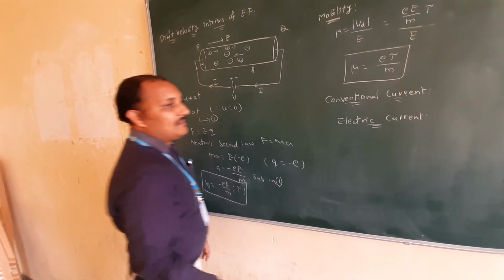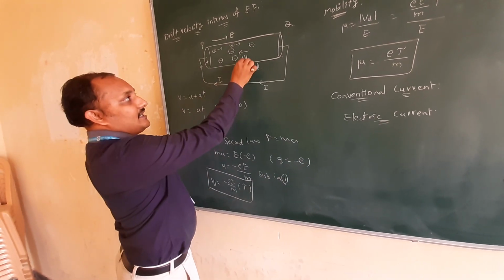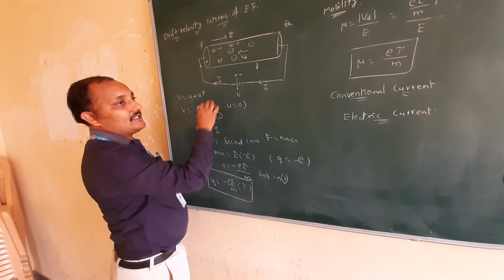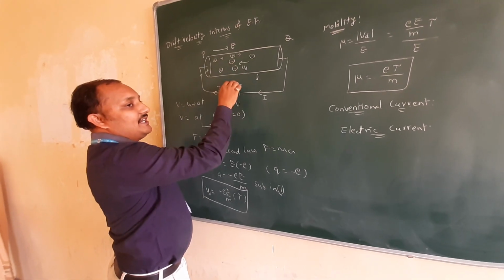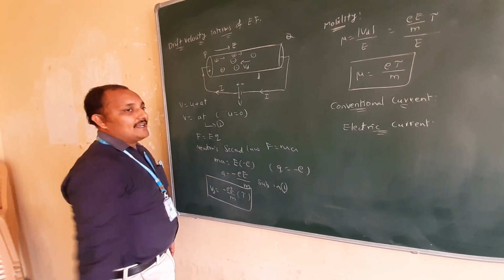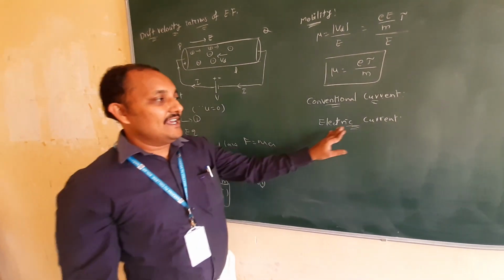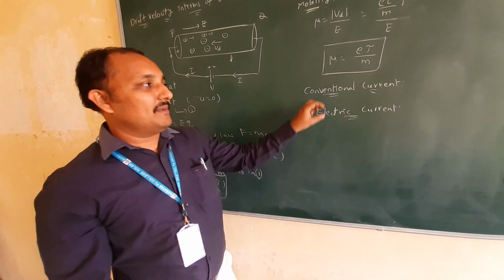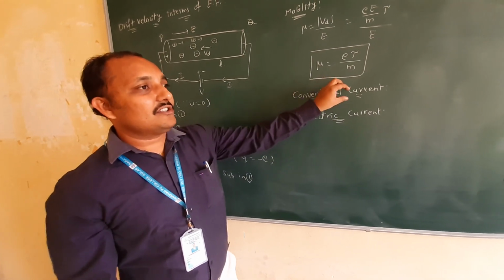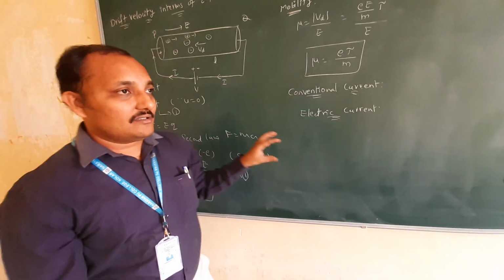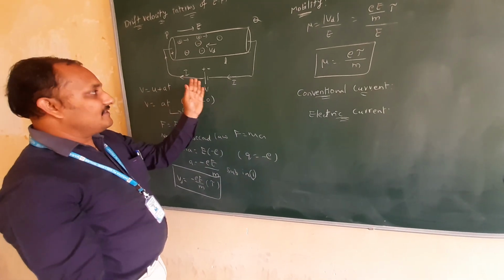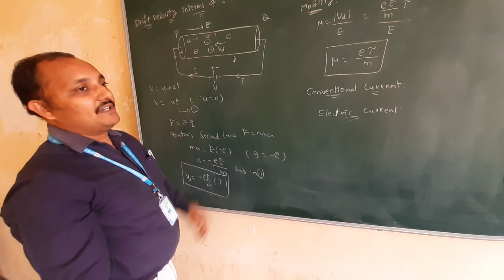What is electric current? Here, electrons are moving in the opposite direction. The amount of negative charge flowing in unit time, in the opposite direction to the conventional current, we will call electric current. In a simple way, you can remember: conventional current means because of positive charges, electric current means because of negative charges. Conventional current, for our convenience, we will take from the positive end to the negative end.